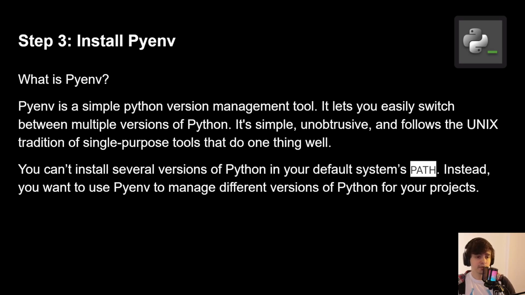And it's very important for you to not install anything using your system Python, because your system Python is for your operating system. If your operating system changes the Python version, your project is going to be broken, because probably all the libraries that you're using are not going to be automatically updated to a new Python version. So by using PyEnv, you're not going to have any problems because you're not using your system Python.